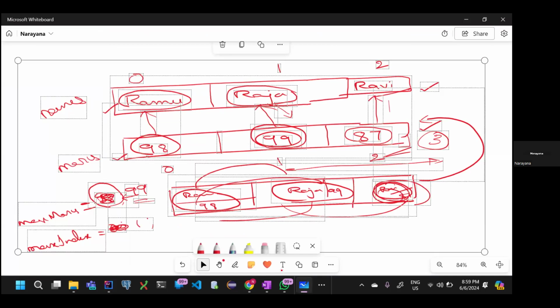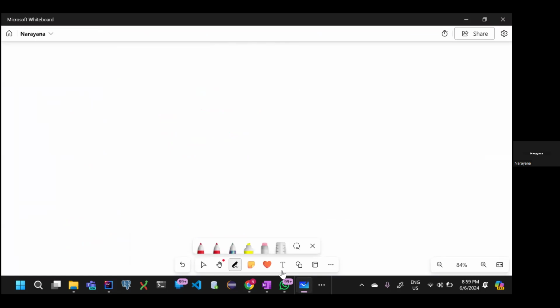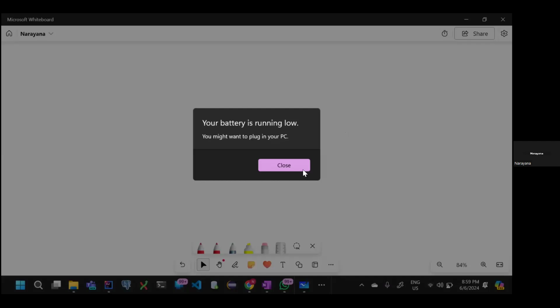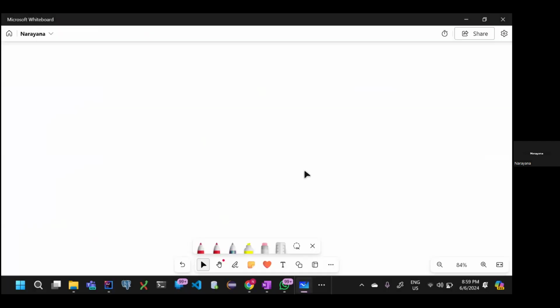What is the expectation is, if we have an option, one second, let me connect the power cable. Okay, so what is the expectation is,